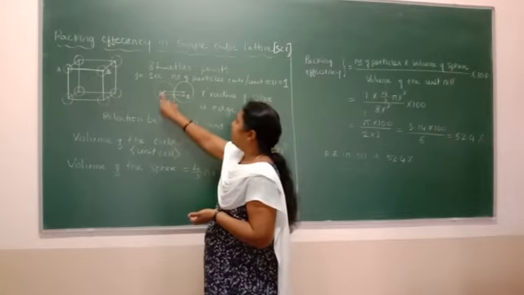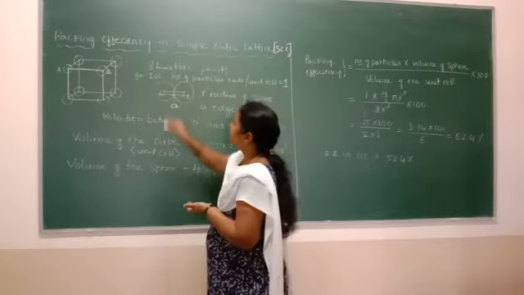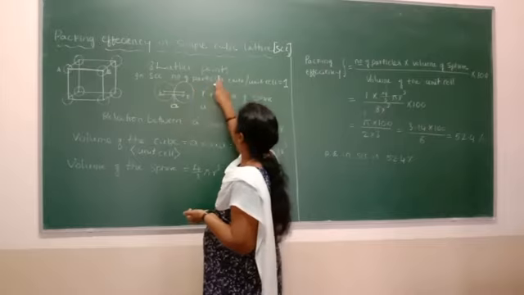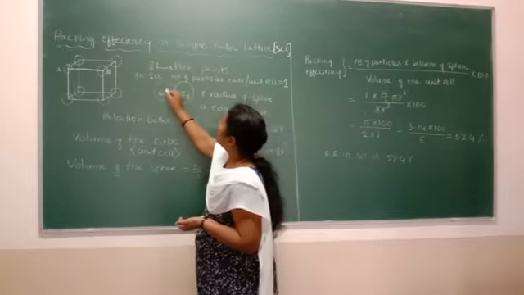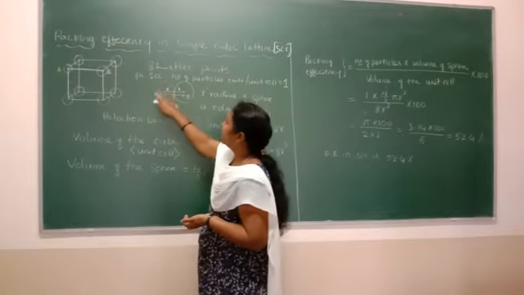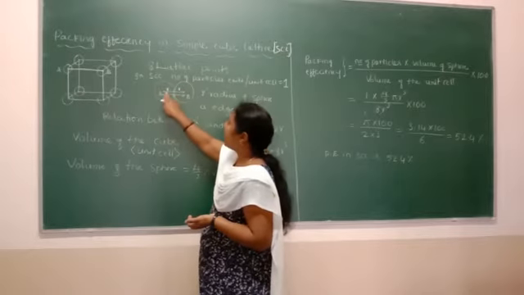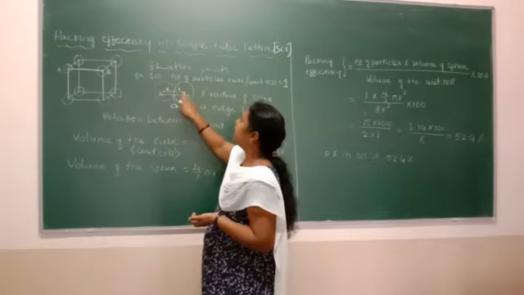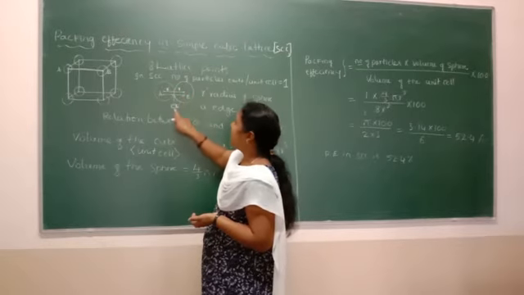Okay, so from A to B there is an existence of only two particles. From A to B it can be taken as the edge length. Edge length is going to be a, and let R be the radius of the sphere. So this is one sphere and this is another sphere. From here to here it is called R, and from here to here it is also called R. So from A to B, small a is nothing but the edge length.